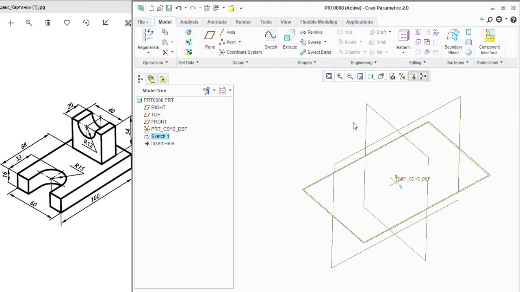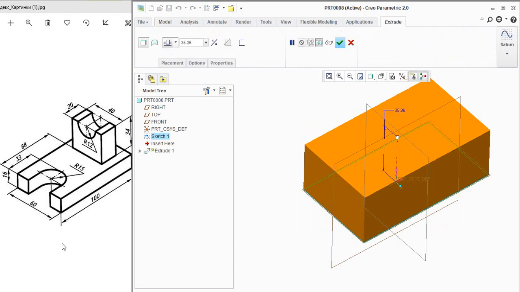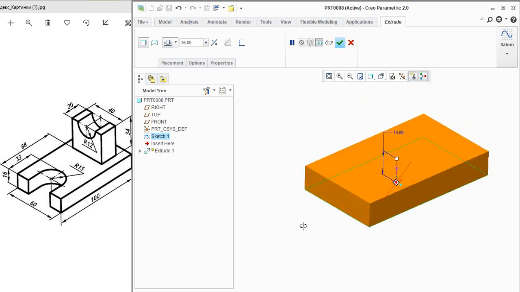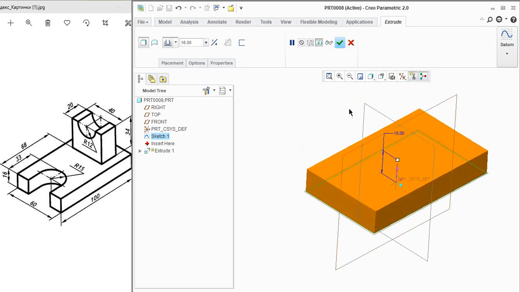To extrude this we need to use the extrude option. Select your sketch and then click extrude. Here they have extruded 16 mm, so we give the value 16 and then enter. This will be the base for our 3D model.